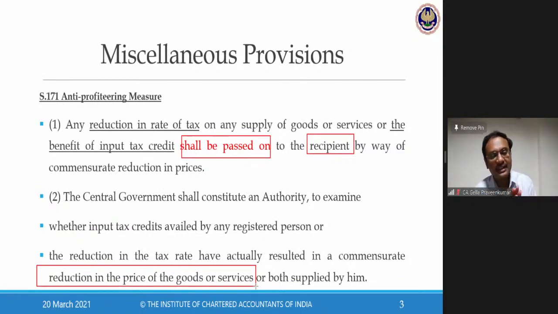Now, this aspect was looked at by the department, this authority. What they said is, just because a complaint has come, we should not say that there was anti-profiteering by the manufacturer. We should really examine. How do we examine? We will call for their cost sheet. We will call for their certified financials. There is a cost audit report, CARO. Get that cost auditor's report. Get a cost sheet. Let him prepare a cost sheet prior to 30th June and after 30th June.